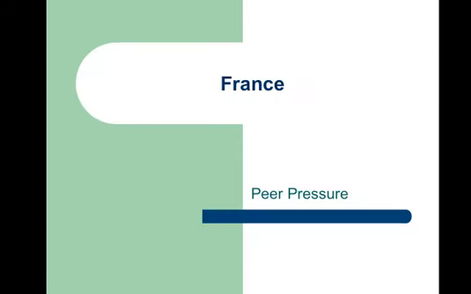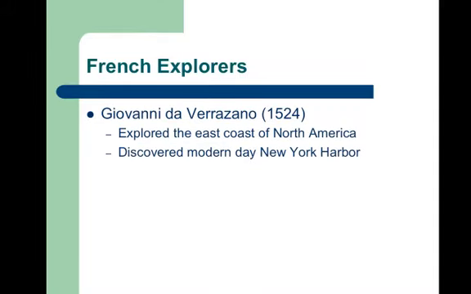France, then. Well, everybody else is doing it, so I got to too, right? That's their little peer pressure here. They're going to get involved in the Americas because they recognize that, again, they need to because of their competition. Giovanni de Verrazzano, wow, that was terrible. Miss Lemon would be very upset with me. Giovanni de Verrazzano, 1524, is a French explorer.